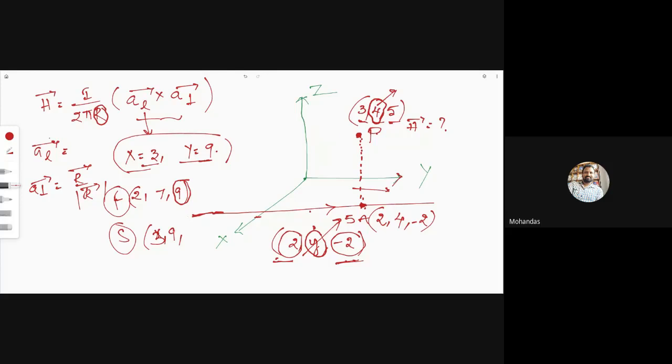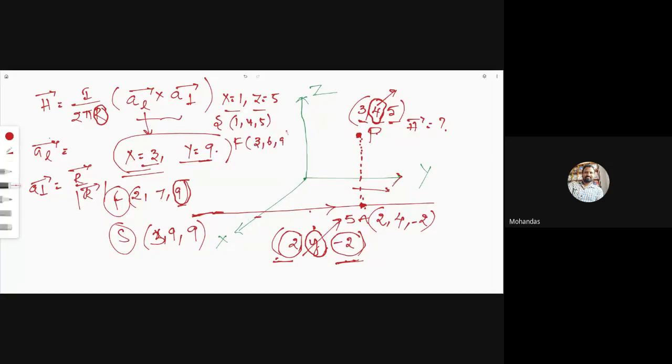9. Z is 9. You don't need to draw all of this. Directly, try to follow this trick. What is the trick? If you give x equal to 1, z equal to 5, like this, this is the source point. So with this, what can we form? 1, y, 5 we can form as a source point. The field point is given as 3, 6, 9.